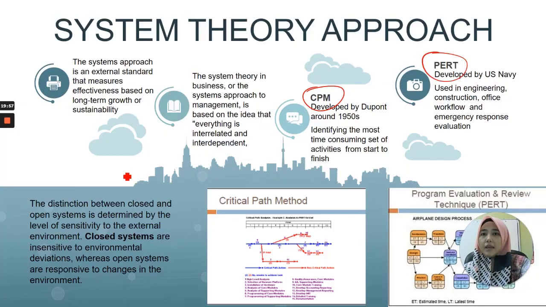Systems theory ni dia dah jadi macam lebih calculated lah, which is setiap production ataupun setiap movement dalam satu management itu mereka ada calculation dia. Siapa pernah belajar ni dalam operation management sebelum ini, banyak digunakan di kilang-kilang dan di industri. Kalau contoh, saya bagi contoh dekat PERT ni,